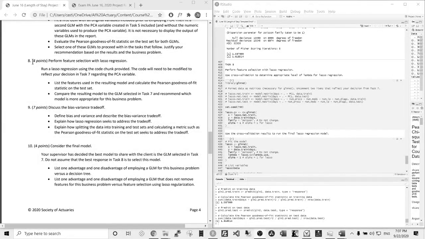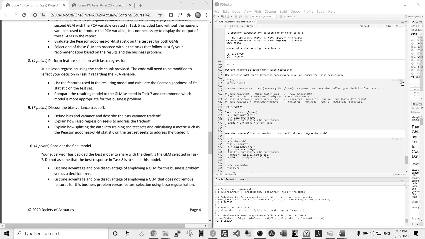Task 8. This is only a 4-point question, so don't spend more than 5 minutes. Perform feature selection with lasso regression. Run a lasso regression using the code provided. The code will need to be modified to reflect your decision in Task 7 regarding the PCA variable. List the features used in the model and calculate the Pearson goodness of fit stat. Compare the resulting model to the GLM in Task 7 and recommend which model is more appropriate for this business